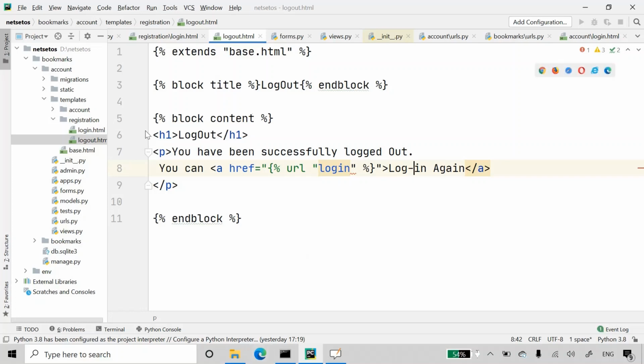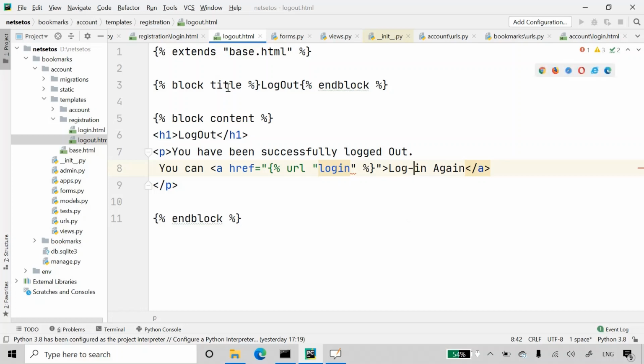Now after adding the URL patterns and the template for login and logout views, we have our website ready for our users to log in using Django authentication views. Now we will create a new view to display a dashboard, because when user log in to their account, they will have their dashboard ready for them.